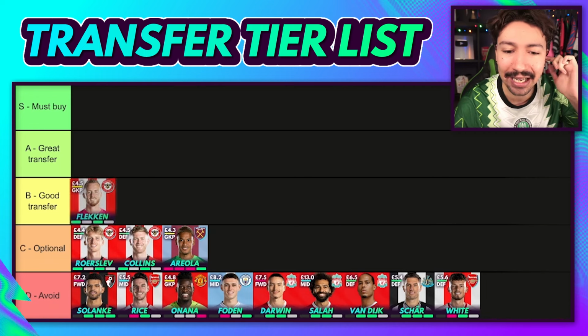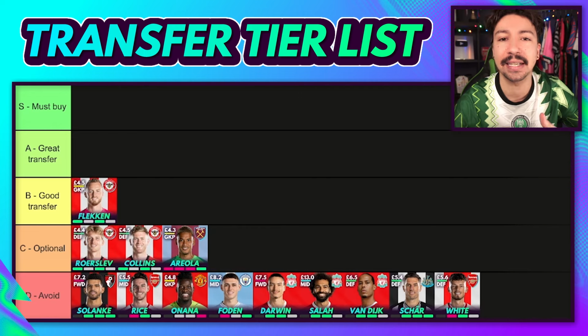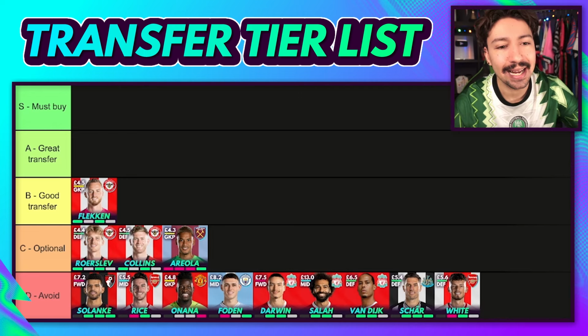I think Flecken is certainly a good transfer. He's probably my favourite goalkeeper to go for this game week. Highest chance of a clean sheet. A goalkeeper who can make some saves as well. It looks pretty decent, so we are going to throw him in there. Looks like an okay goalkeeper to go for in this favourable fixture. And yeah, only 4.5 million. Pretty cheap as well. All good in the hood. Next up,